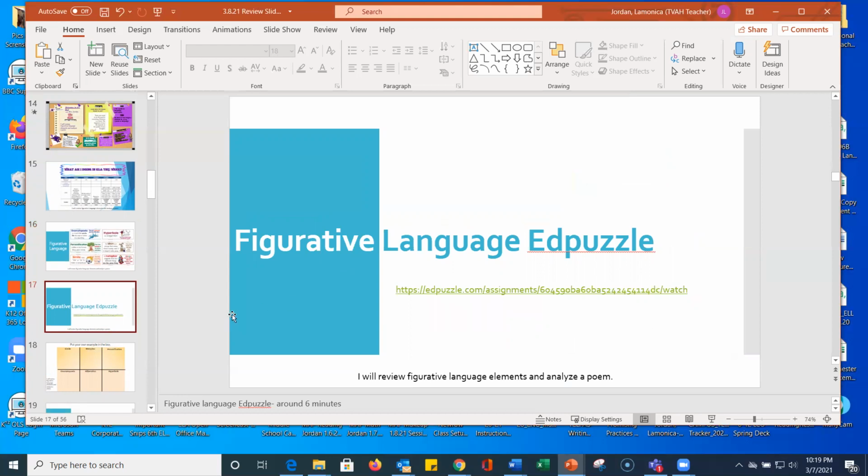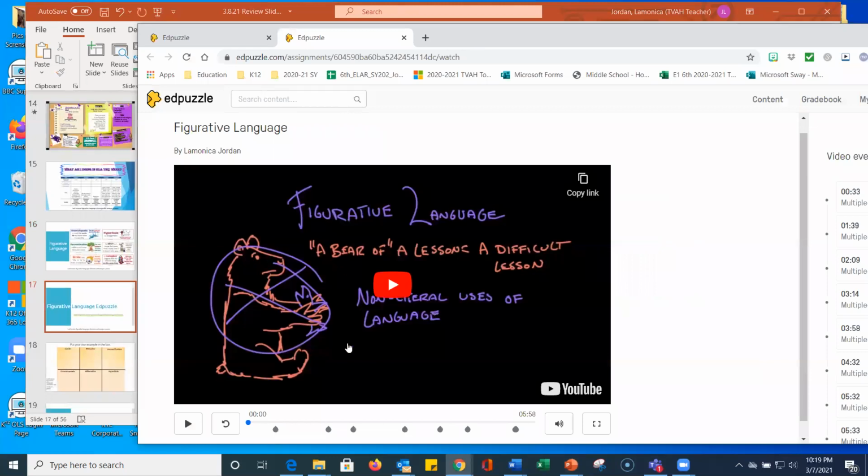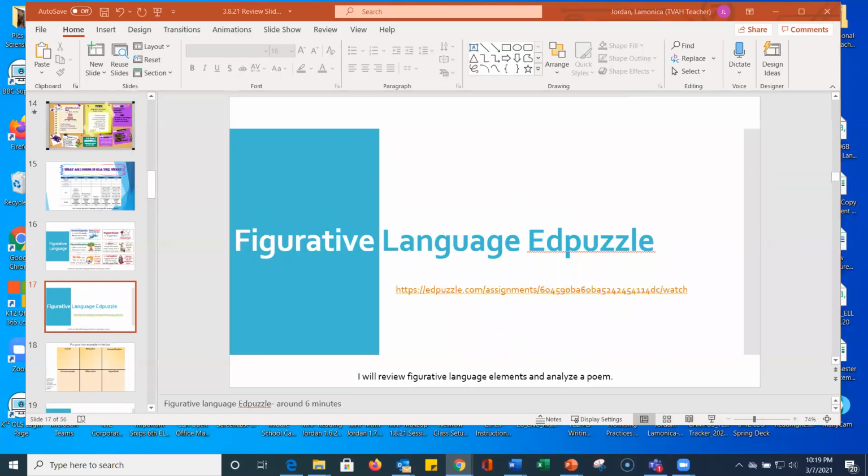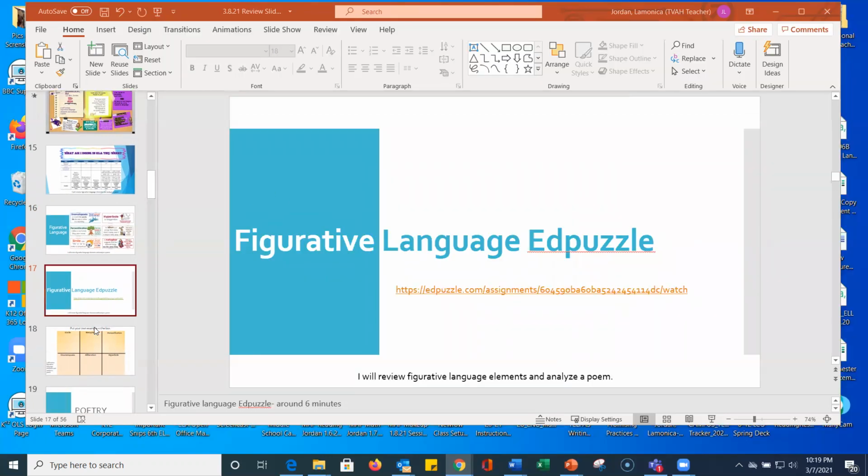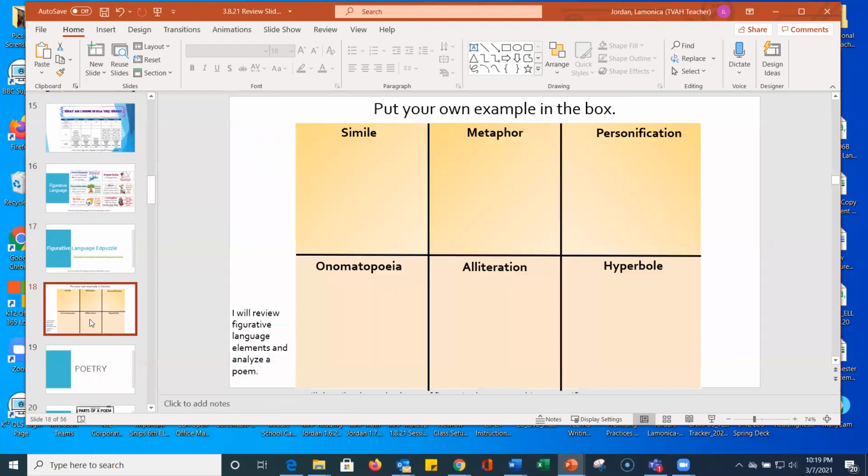All right, now that you are done with that Ed puzzle, I hope you found it fun. And let me show you just in case. So you're going to control and click, and I'll show you what this Ed puzzle looks like, just in case you were unsure if you did the right one. There are a lot of Ed puzzles. Okay, that's what this Ed puzzle is going to look like when you start off, okay? So if you did that one, you did the correct one, you're in good shape. All right, let's go on.